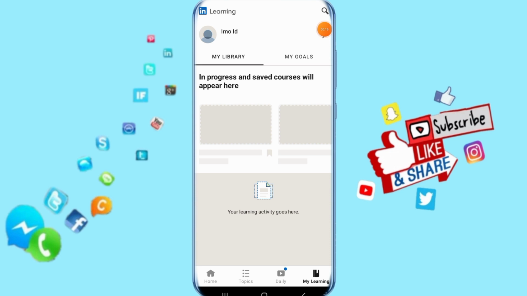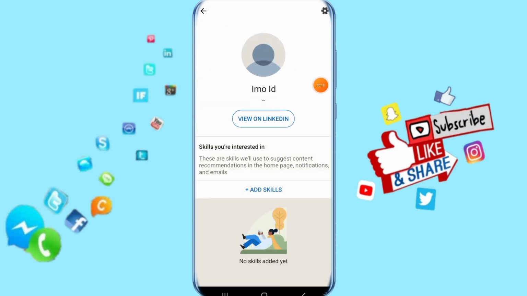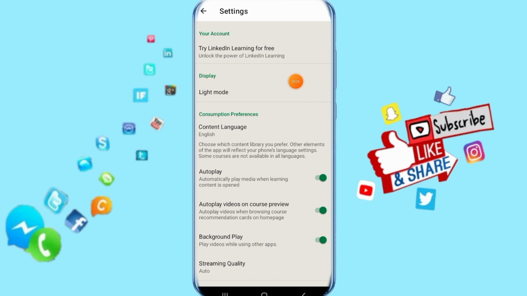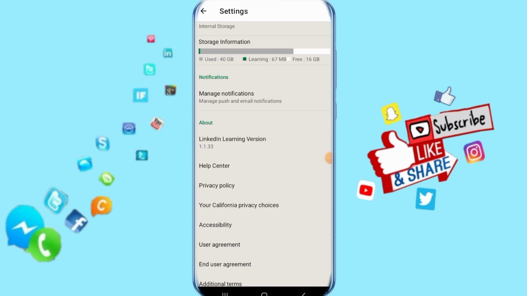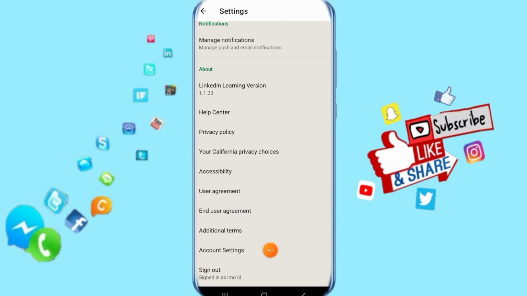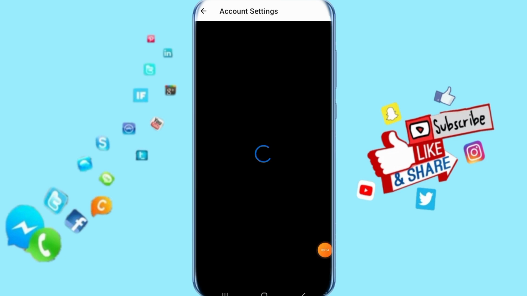Click on your name and come to your profile here. Then you go above this sign and click on it. So when you click on this, it's going to take you to this list here. Then you go down and click here on account settings, and it's going to take you to this